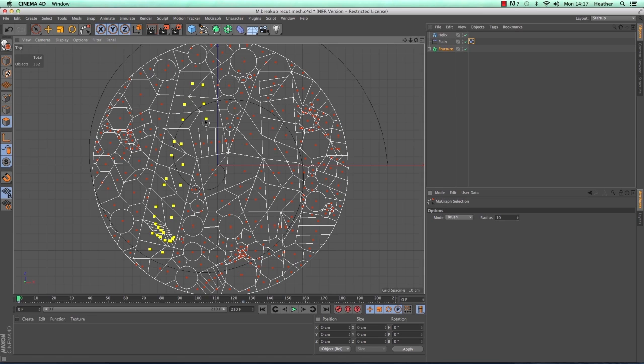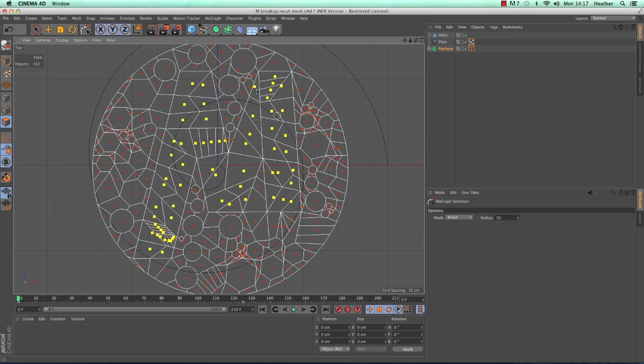Sometimes it can be a little bit tricky to see what points belong to what. You can see here that 2 points are quite close together. I just need to make sure that I've got that right. It's not the end of the world if you miss any out or do one too many, because you can always come into the tag and update it afterwards anyway. So I think that's about right, I hope.